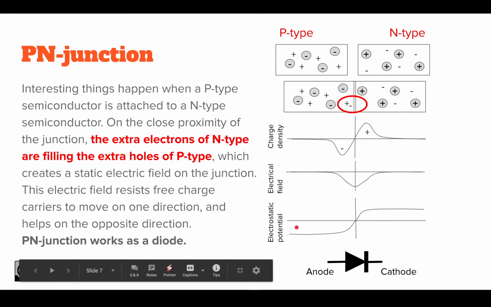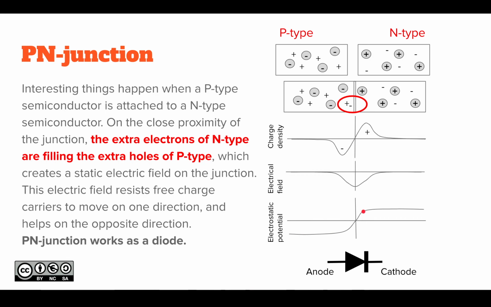For the electron which comes from left to right, there's a barrier. It doesn't go above that barrier easily, which means that actually this PN junction works like a diode,